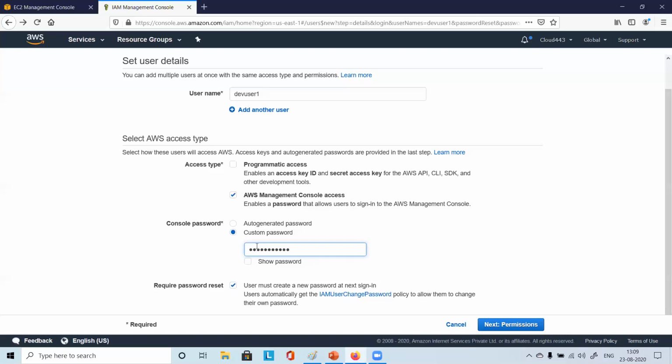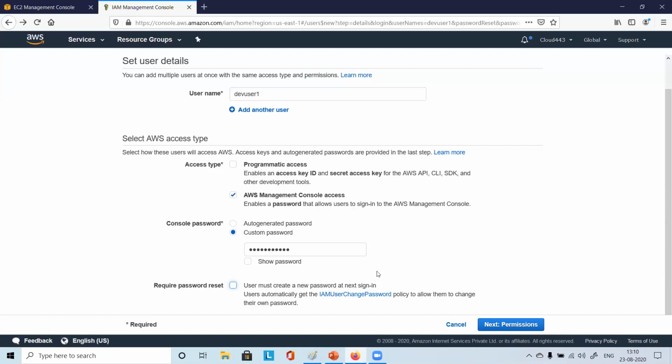Okay, I put some passwords. In our case, I'll just remove this because I don't want to change it. Practically it will be required, but I have to log in and show you something, so for that purpose I'm not changing it again and again. If you can tick mark, not an issue. You can just remove it for now. You can tick mark later, because again you have to create another password.